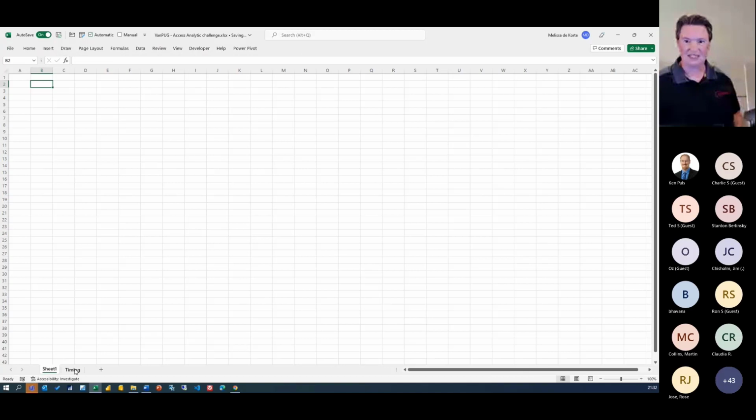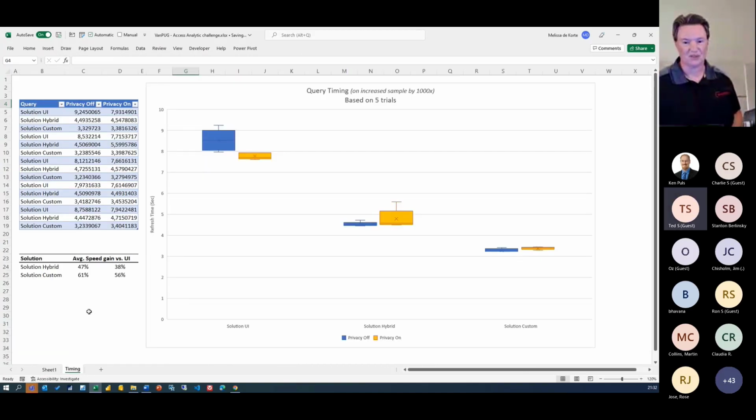And especially for Ken, I've used Monkey Tools to look at the performance, at least for these queries. So what I did was I duplicated my initial table with the sample data 1,000 times, then did five trials on that.